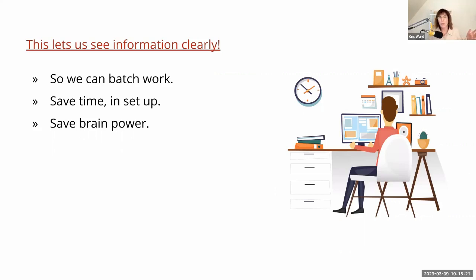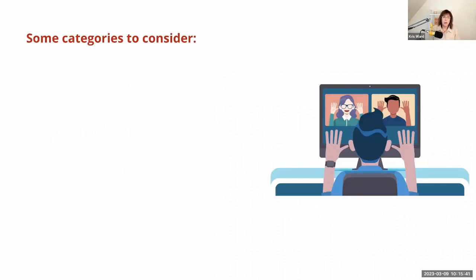Like, I don't want to do a bunch of podcast interviews on a Friday afternoon at the end of a long week. So then I can see, I figure out I do better with quiet content writing on Fridays. So by having it all together in the batch work, I can see where I should be putting those activities of batch work. Okay. So here, some categories to consider are, because we also don't want to get crazy. We want to have just a few categories, maybe start off with 3, 5 at the most. We don't need 7, 3 to 5 forever, right?